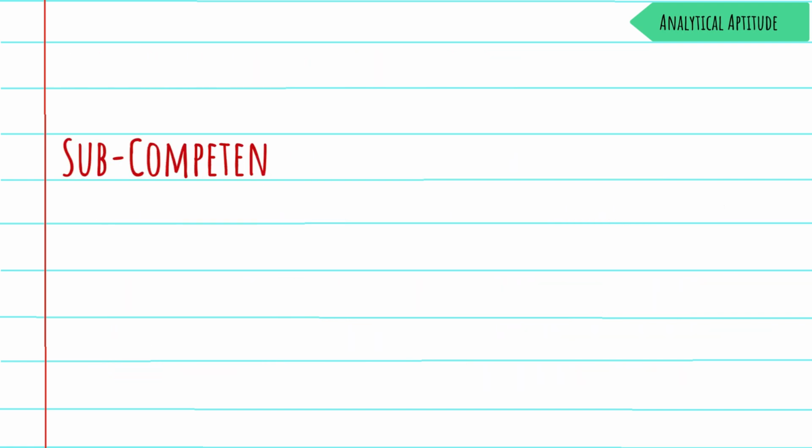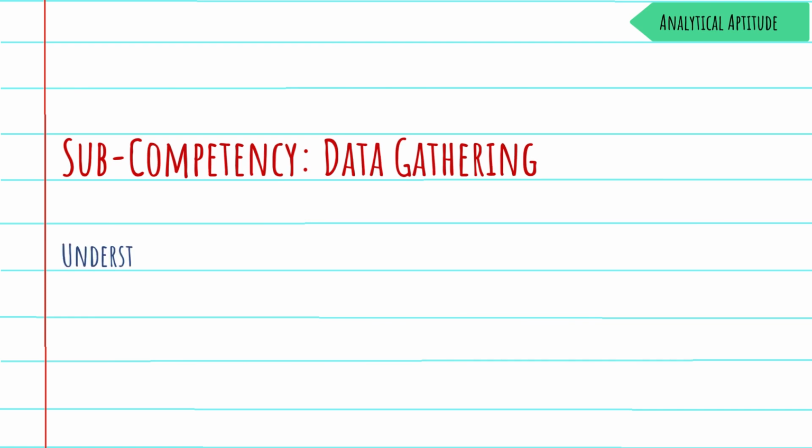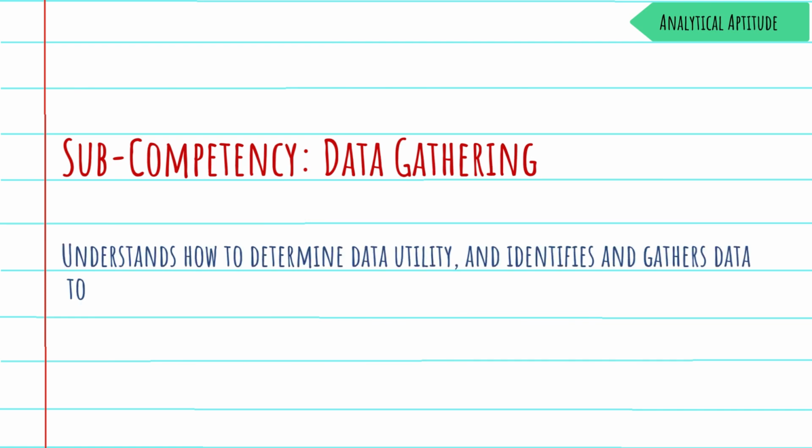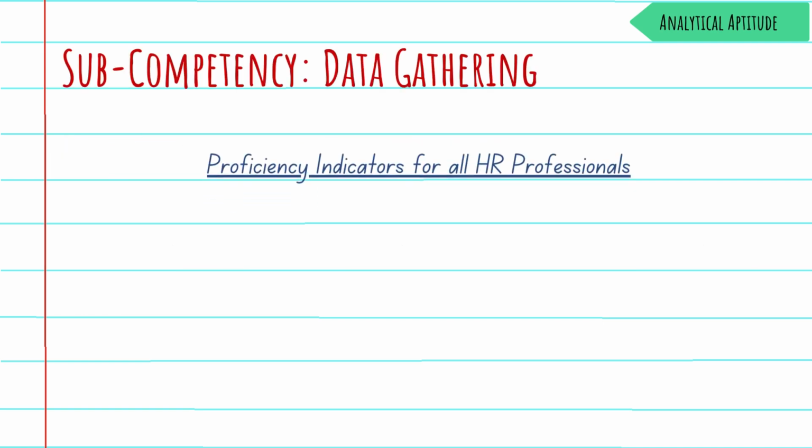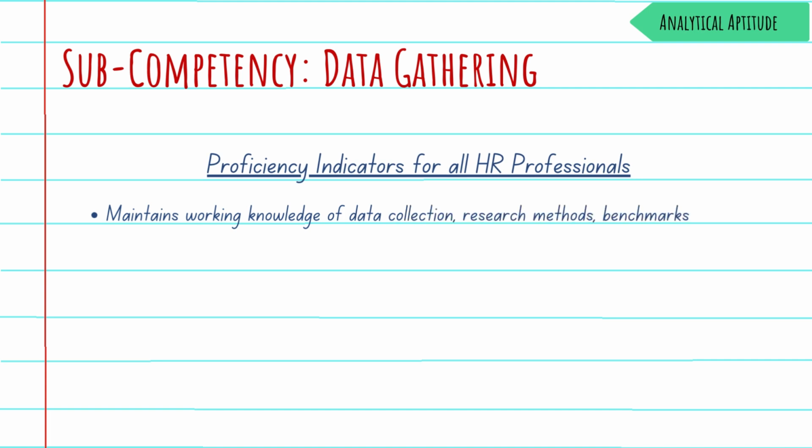The next subcompetency, data gathering, helps professionals understand how to determine data utility and identify and gather data to inform organizational decisions. Proficiency indicators for all HR professionals within this subcompetency include maintaining working knowledge of data collection, research methods, benchmarks, and HR metrics,